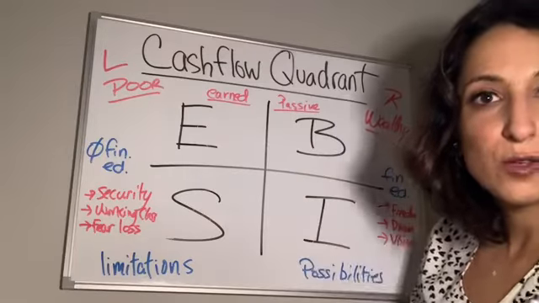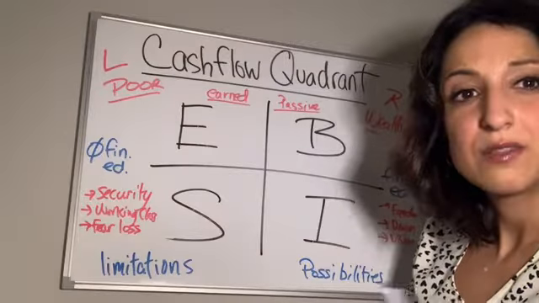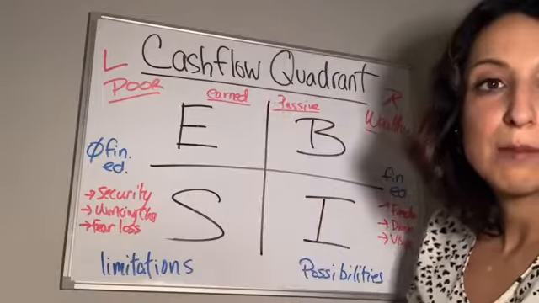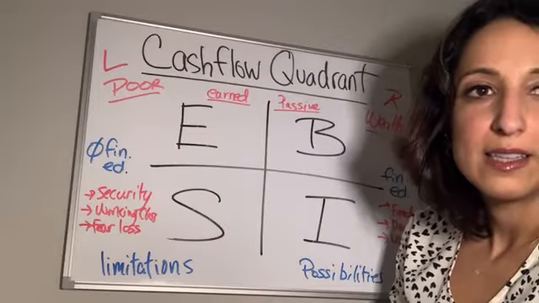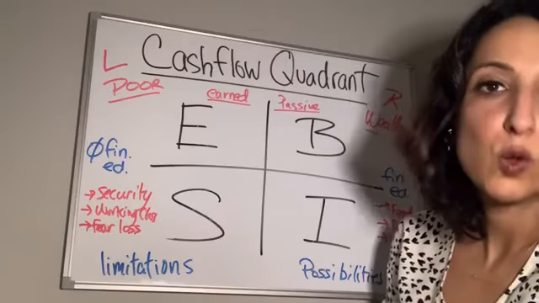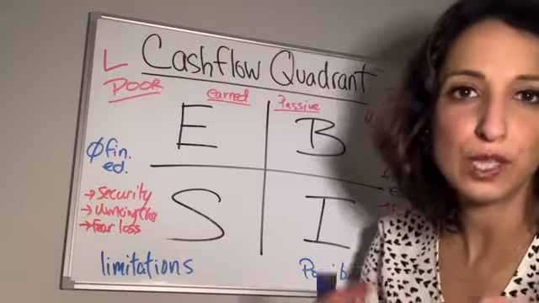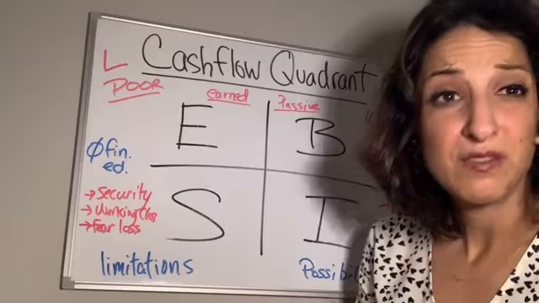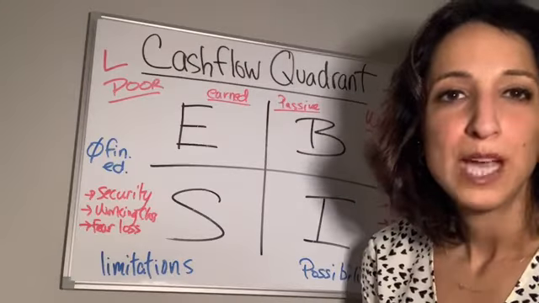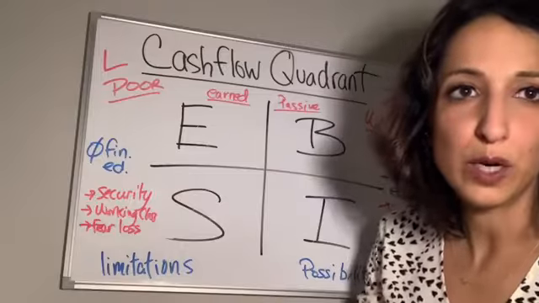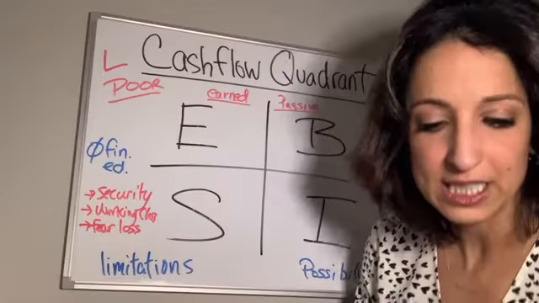So if you guys have been following this series, I talked about the difference between earned income and passive income a couple of weeks ago. So we're going to be talking about that. And the reason that I chose to do the cash flow quadrant today is because I wanted to build up towards it. So we talked a bit about vision, we talked about passive income, we talked about building habits, and this all sort of builds upon where we are now with the cash flow quadrant.